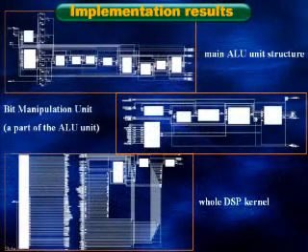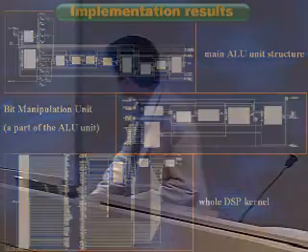It takes only up to 5,500 cells. It's approximately 35% of the Virtex-4 if implemented without optimization. And with optimization, it should be smaller. At the next slide, we see